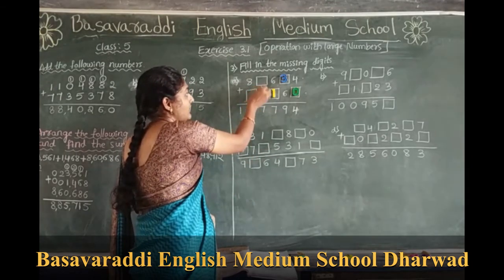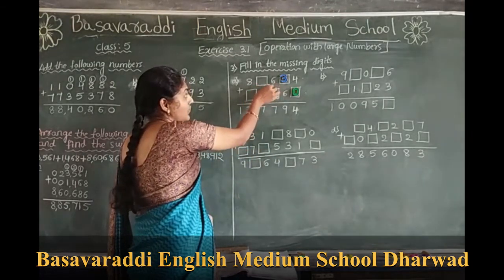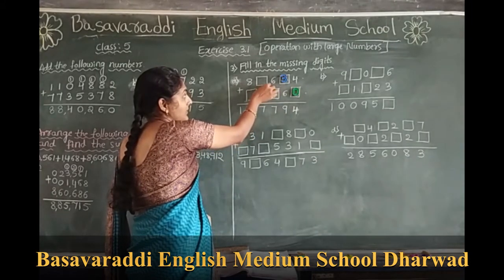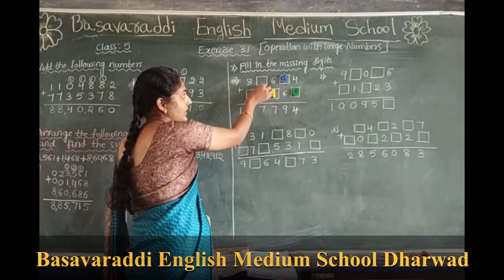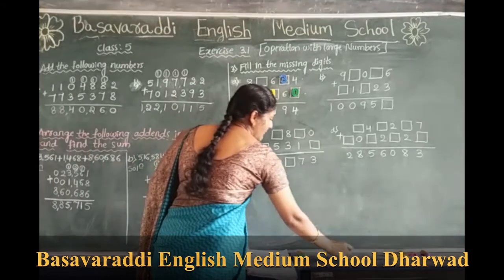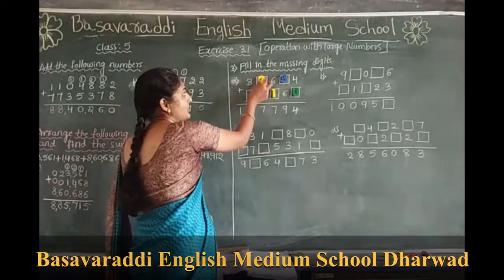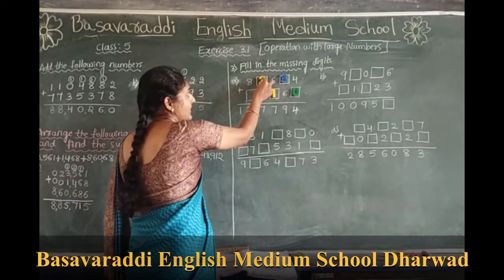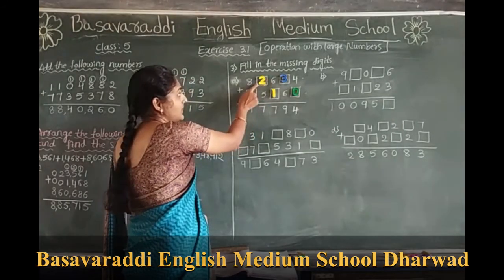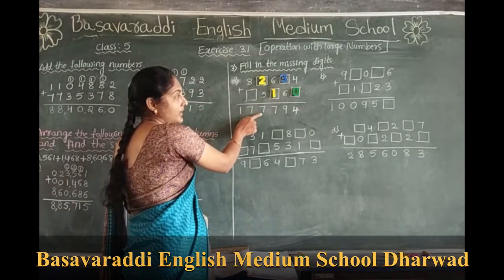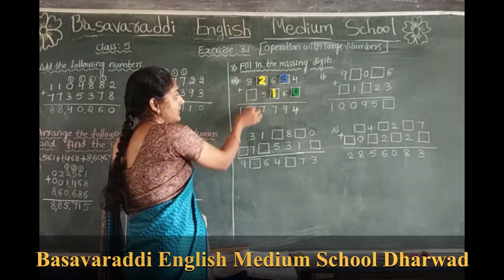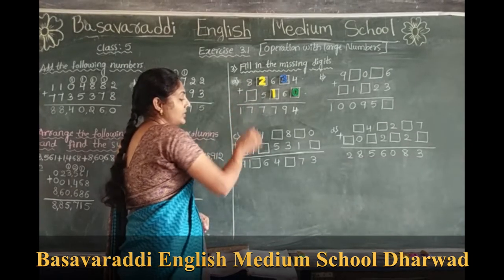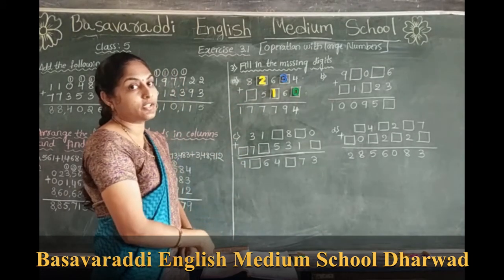Okay, the next question. Go to the next column there. The box 5 and 7. If you add 2 to the 5, you get 7. It means 2 plus 5 is 7. The 8, you get the answer 17 here. Which number you have to add to get the 17?